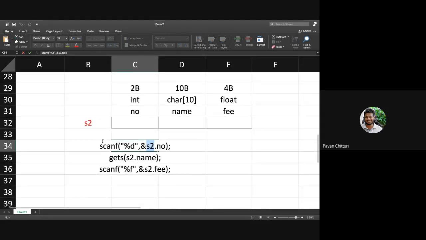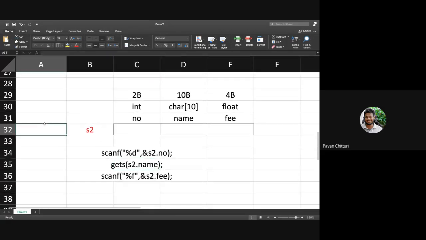That's how you can create multiple structure variables. This is how the memory will be allocated: again 16 bytes for this particular student, when we are considering 2 bytes for an integer.